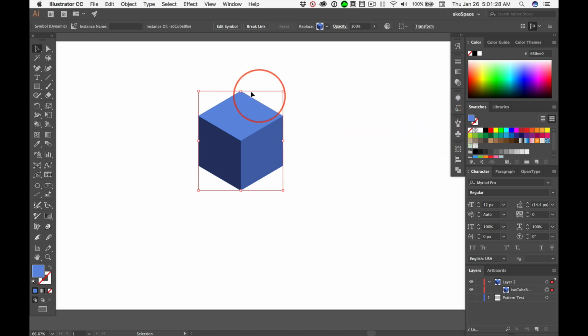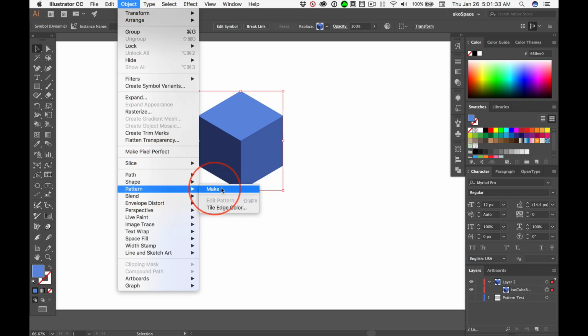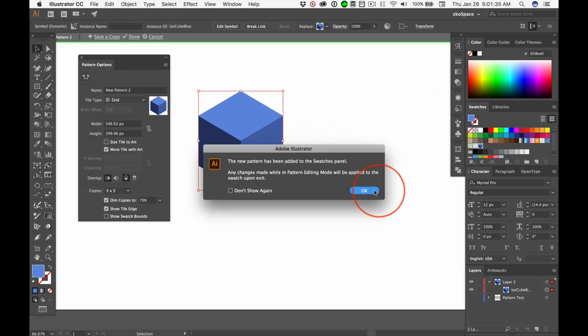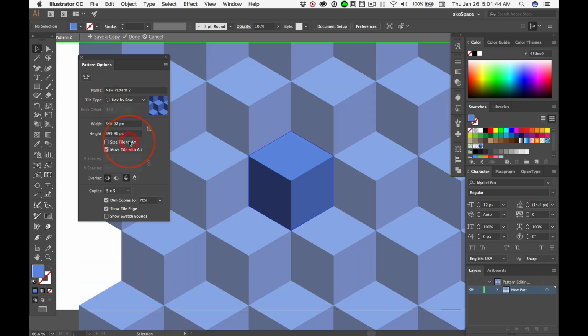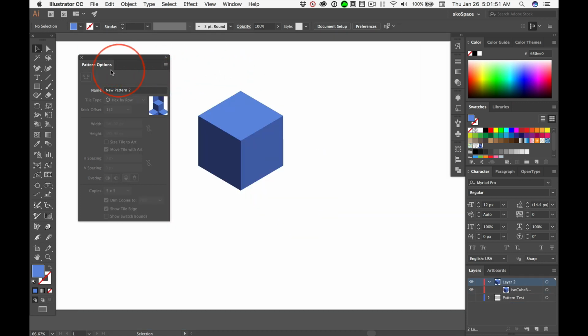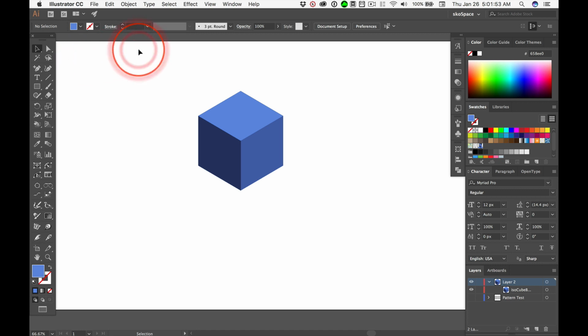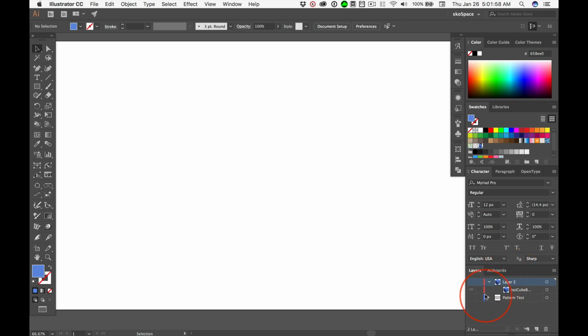Now, to make this a pattern, we just come down, and we know what that says. This does not work out like it did in the prior version, but we know the hex by row will work. And if we take that, hit escape to get out of pattern editing mode, and close that, we'll hide that layer for right now, or we could just delete it. We'll delete it in the future. Turn on this bottom layer right here,